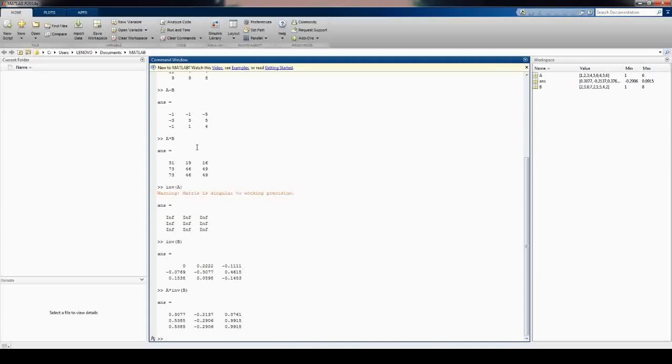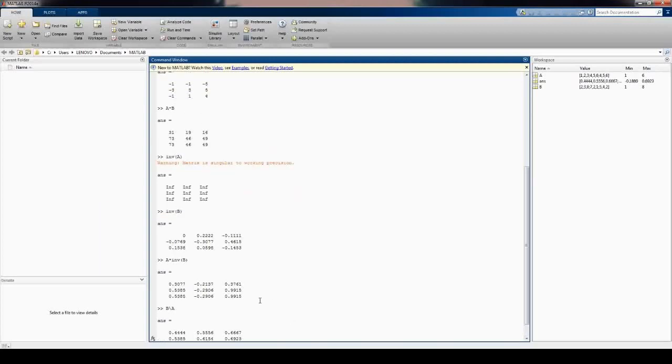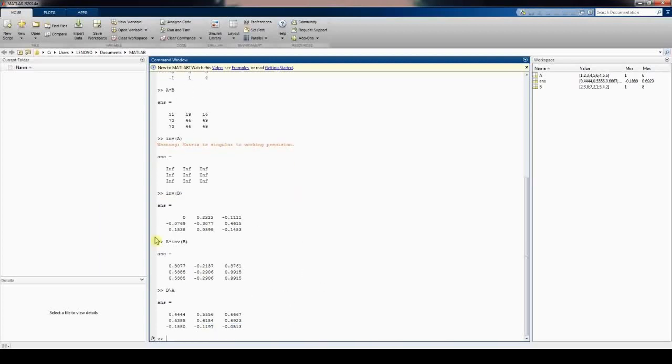First you have to put the denominator matrix, B backslash A. How will this be carried out? First it will calculate the inverse of the B matrix, then it will multiply it with the A matrix. So you will get a different result, because the order will differ. First you take the inverse of B, and it will be multiplied with A.